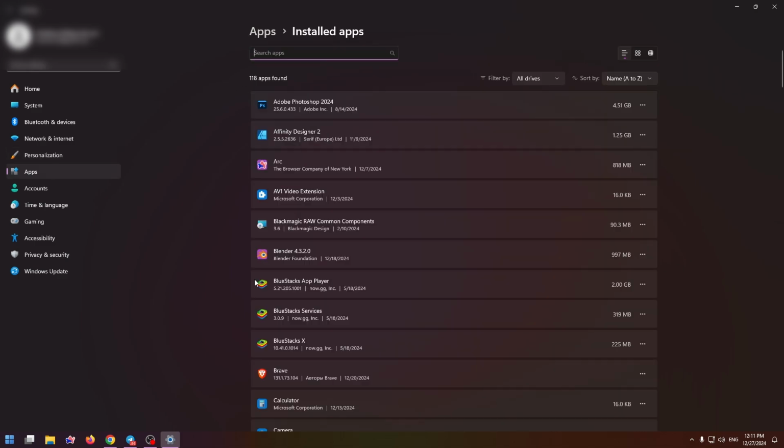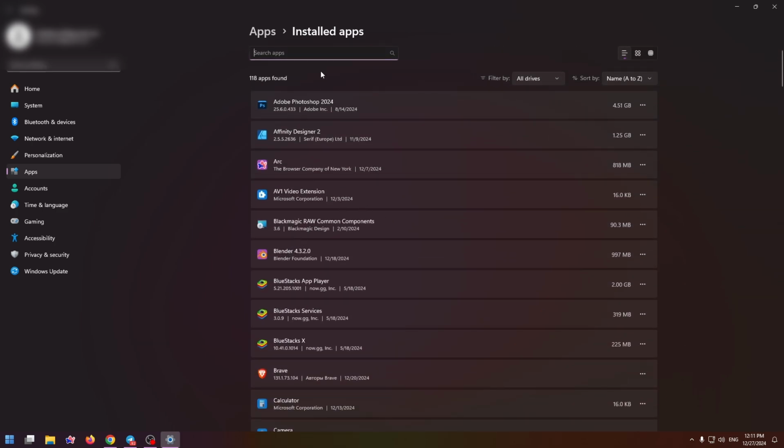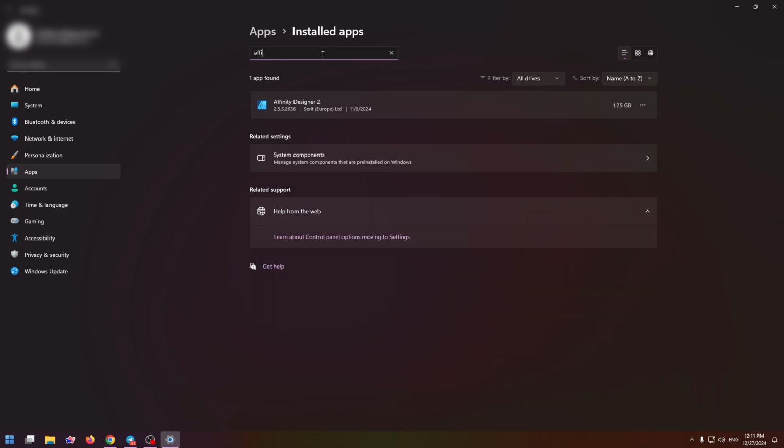And here you can find the list with all your installed applications on your PC, of course. So here you can use the search box at the very top and type here Affinity Designer 2. Here it is. There is a lot of information about this app, and to uninstall this application you need to